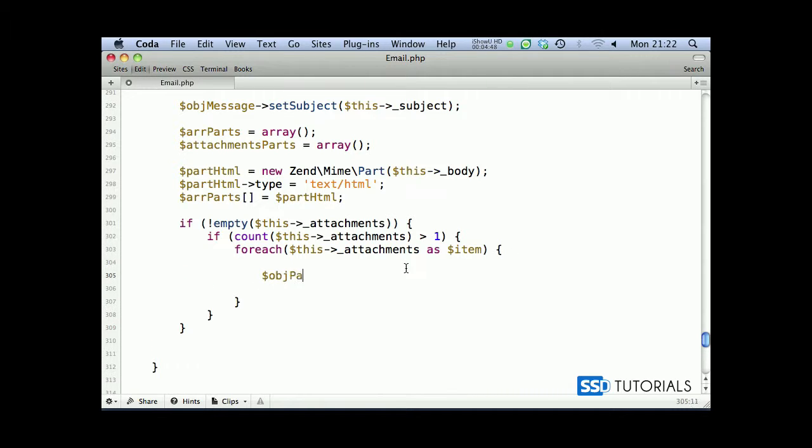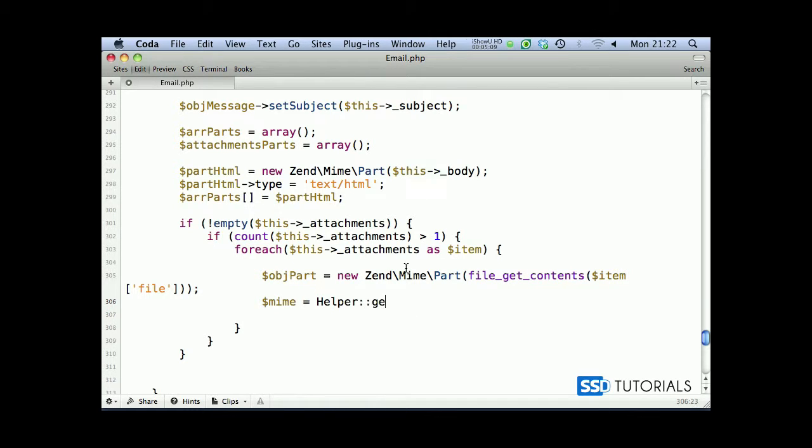And we go for object part equals new ZendMail part, and we go for file get contents, and it's going to be item file. Then we go for mime equals helper get mime type item file again. And now object part type equals mime, and then we have object part